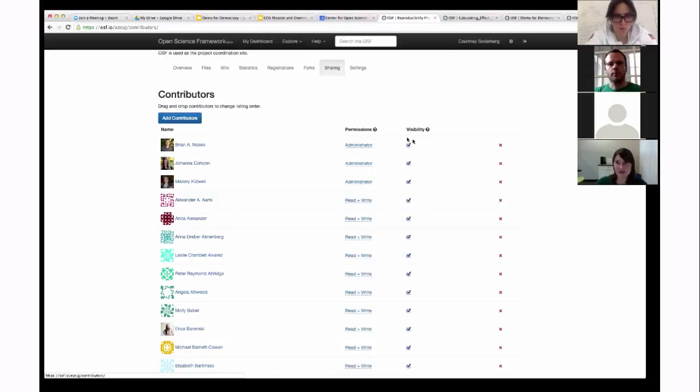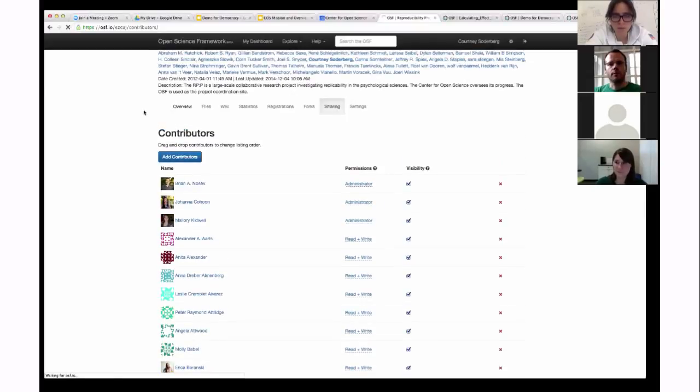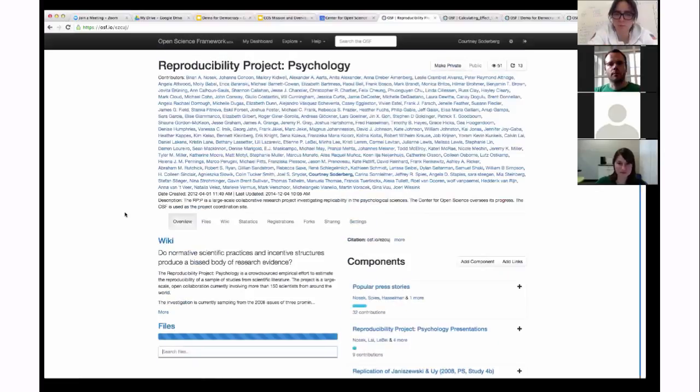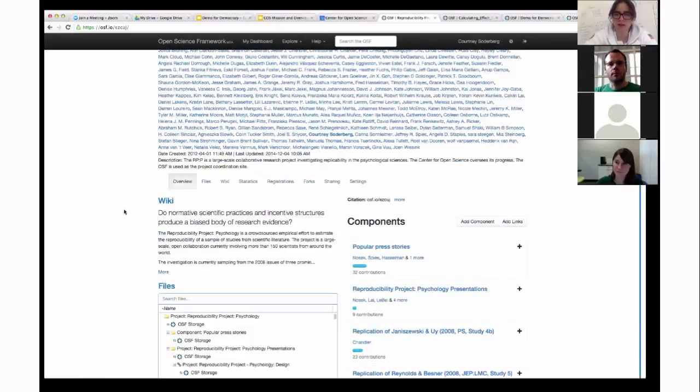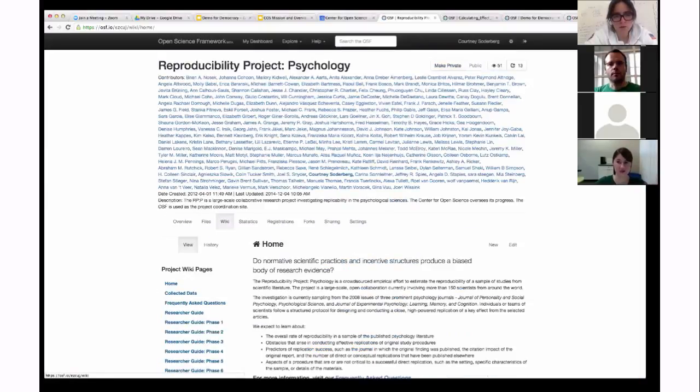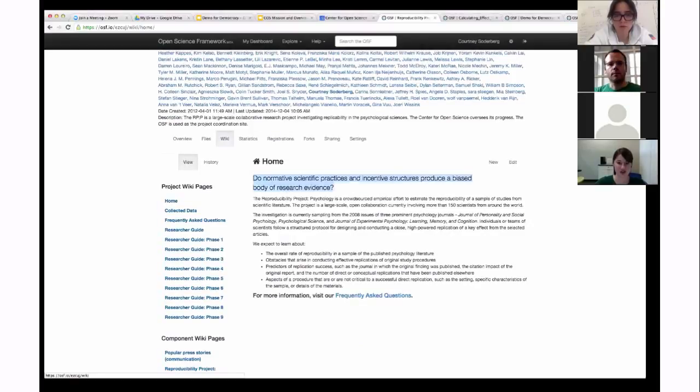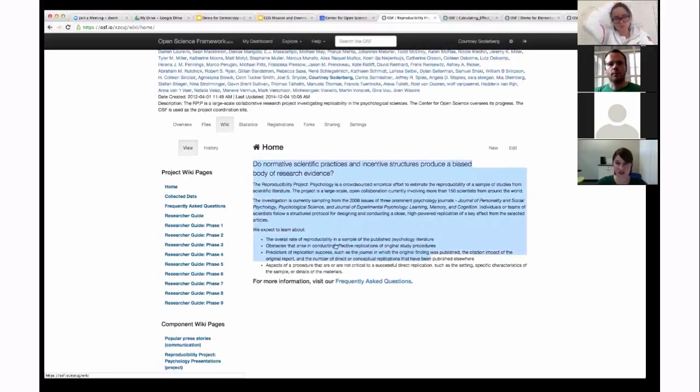Okay. And the Wiki tab, is that for having a space that anyone can edit, or the people that you select? Yeah, so the Wiki space, different people use it different ways, but for big projects, it can kind of be an explanation of what the project's about, what the structure is. Some people think about it kind of as a README for the project. So this wiki, because this is such a big project, is kind of an explanation of why this project exists, what it's doing, and there are a bunch of different wikis. And then it has links out to